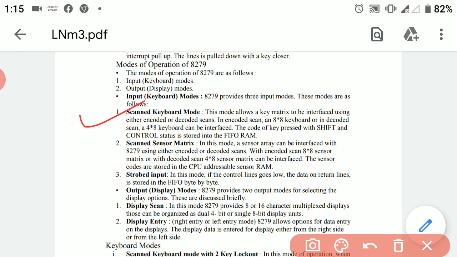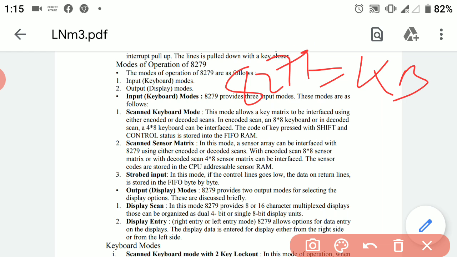In the first one, scan keyboard mode, we connect a keyboard with the 8279 chip. Keyboard matrix can be of 8:8 or 4:8. So we are connecting a keyboard with the 8279, and the keyboard matrix can be of two types. It can be 8:8 or 4:8.